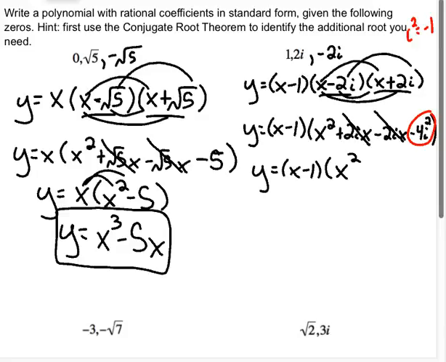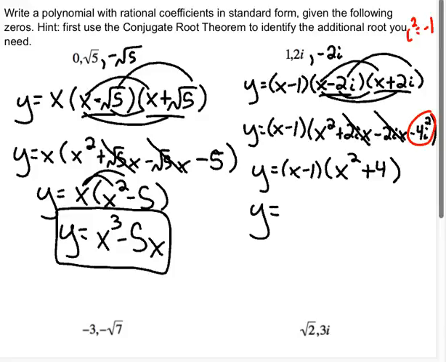So i squared is negative 1. So negative 4i squared would actually just be a positive 4. Okay, so as long as you recognize that, well, now actually all we need to do,